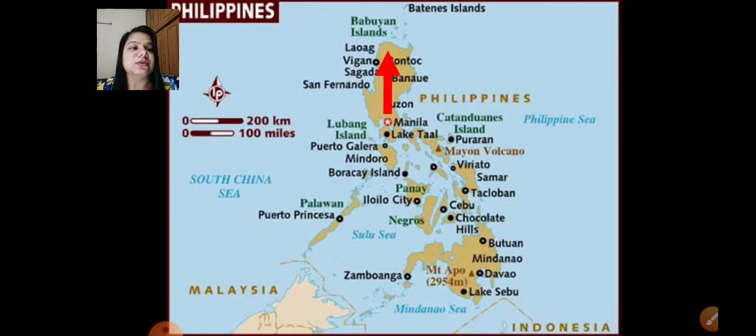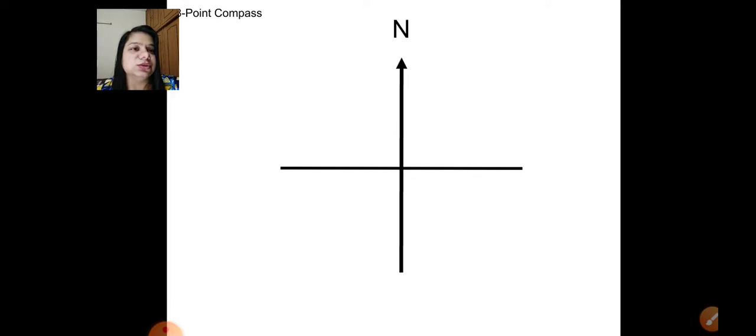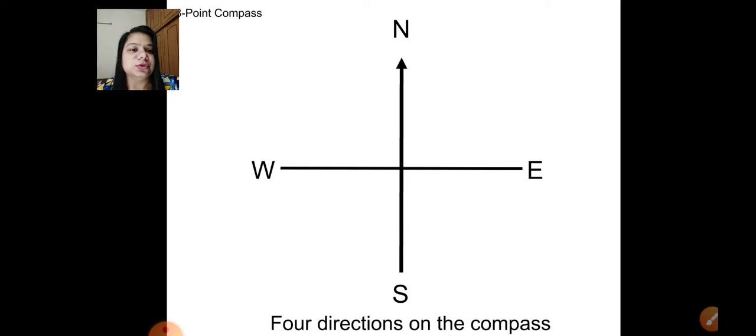Now we will check the directions here. All above, this is what? Which direction? North side. This is south, east and west. So we can mark the directions like this. So you have to remember the direction of a compass. Okay. So all the above it is north, then opposite to north is south, then east and opposite to east is west.